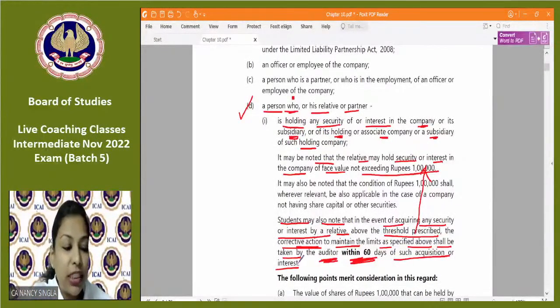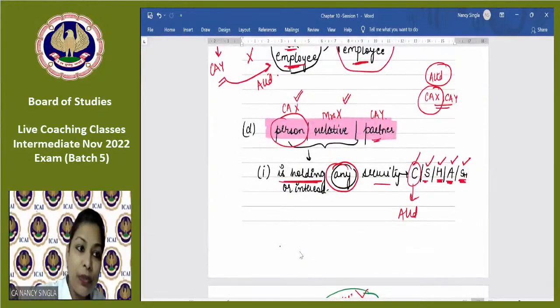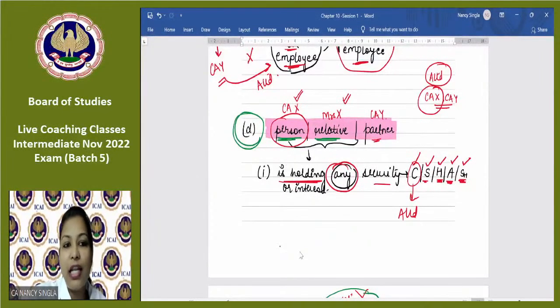ठीक है? So this was just one of the points of clause D. ठीक है? But clause D start कैसे होता है? ऐसे ही, a person, relative or partner. ठीक है? Students, I am repeating again a very important question, topic with respect to your case scenario or MCQ or true false. ठीक है? Question can always come. ठीक है? So now clause number D, point number 2. So person, relative or partner.